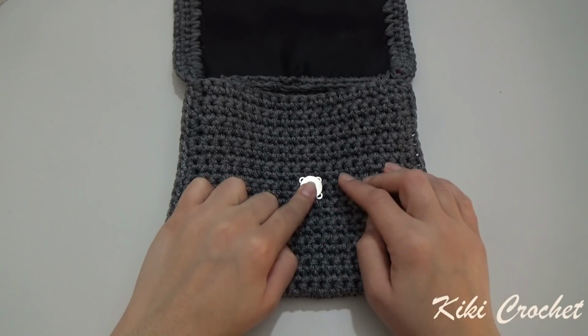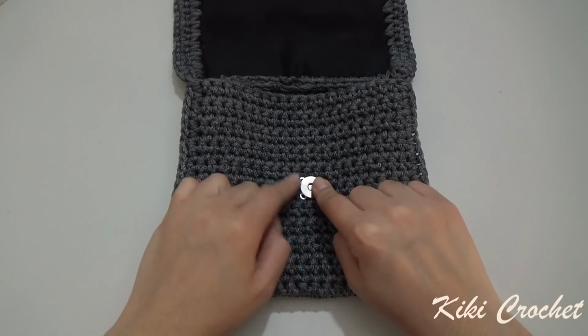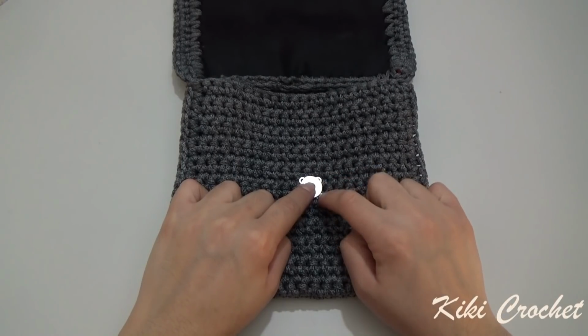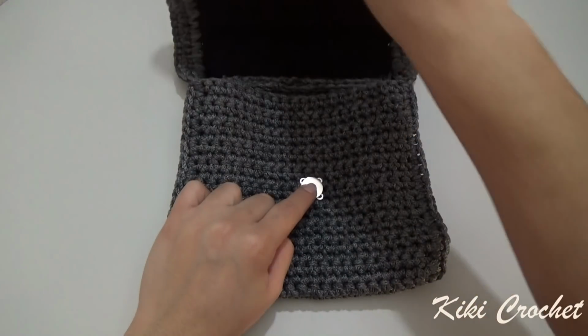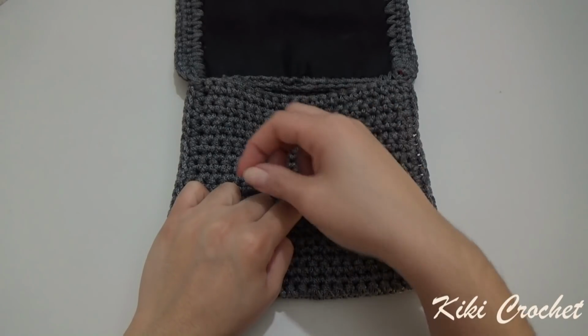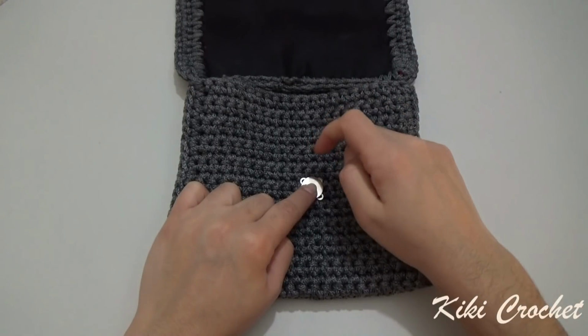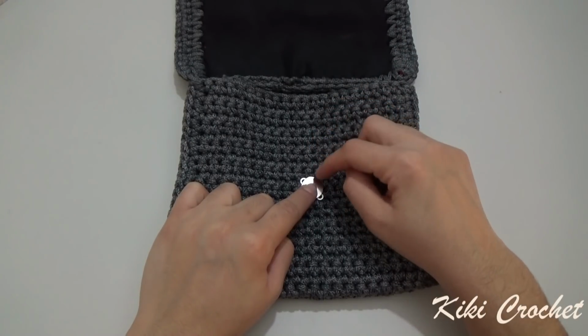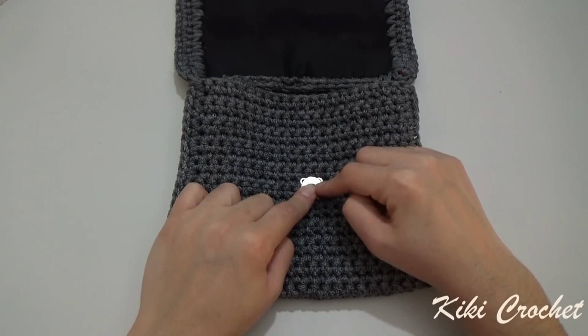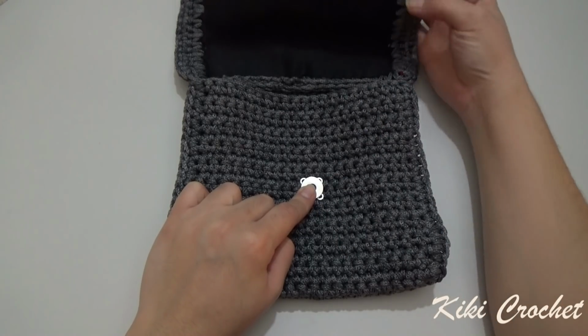What we're going to do now is we're going to sew around right here each of the four loops again carefully, and we want to sew around a couple of times. You know, you want to sew like 3, 4, or 5 times around each loop, so when you open and close your purse it stays steady and your yarn around won't break, because if you only sew one time around, every time that you open, there is a big chance that your yarn will break. So you want to sew around like 3, 4 times each loop. When I finish sewing around, I'm going to turn the video back on and see how to attach the links